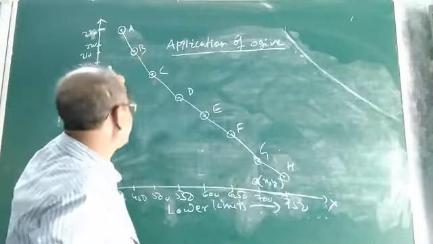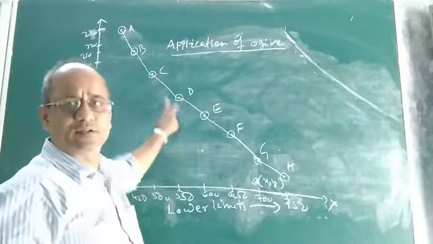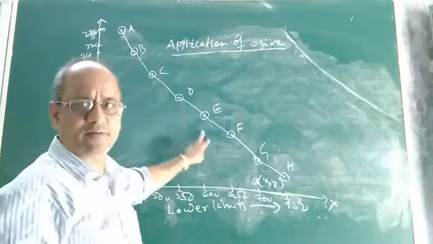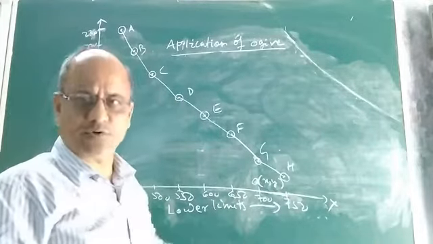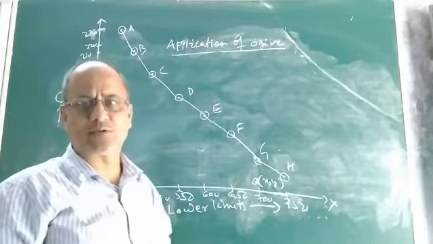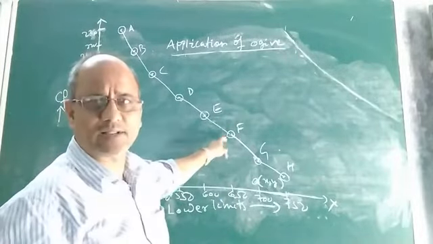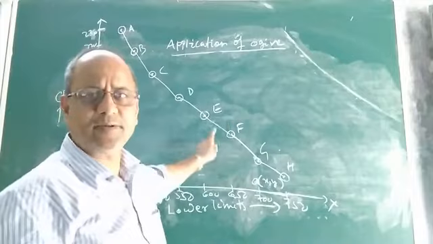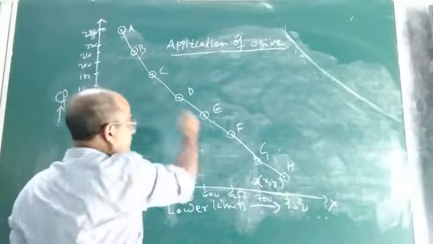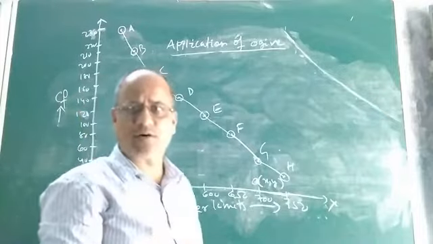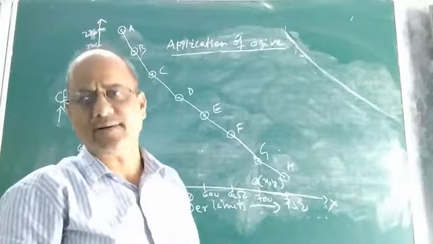For that, let us consider this. Look at the figure. I have drawn an ogive of more than type. From this more than type ogive, how can we compute the median? Since this is the more than type ogive, it has been obtained from a continuous frequency distribution. After drawing the more than type ogive or cumulative frequency curve, what is the first step to find the median?